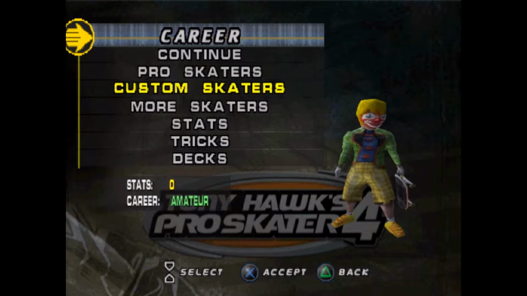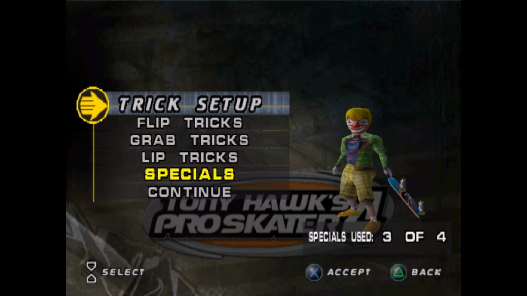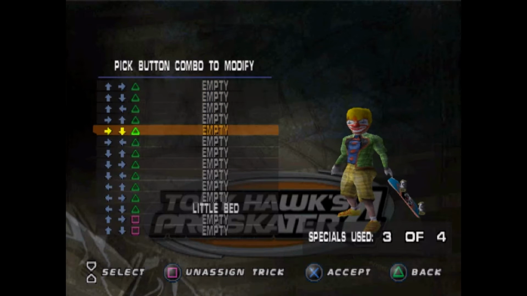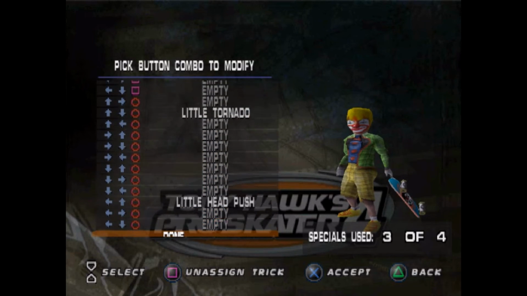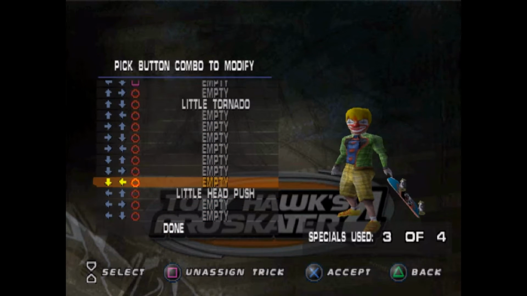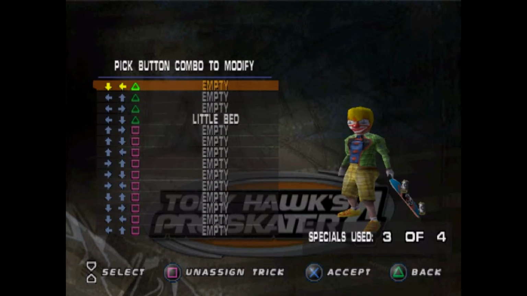Every other skater has moves you can easily put into the custom skater. This guy has unique moves that I think only appear once you unlock him. He has Little Bed, Little Tornado, and Little Head Push. One's a manual, one's a grab, and the other one is a grind. Now, of course, it's hard to tell which one's a manual and which one isn't, but hey, at least we'll